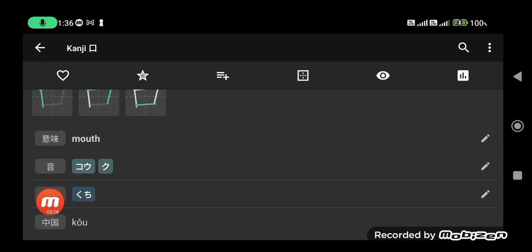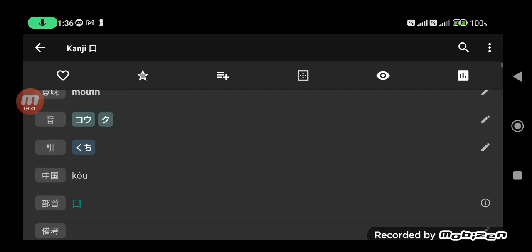We don't have any okurigana here, and we only have 2 onyomi readings, ko and ku, and 1 kunyomi reading, very easy, kuchi. And for those learning Chinese, incidentally, the onyomi reading ko is also ko in the Chinese reading. And please remember, minasan, since our kunyomi is kuchi, if you do a kanji compounding, or fukugogo process,